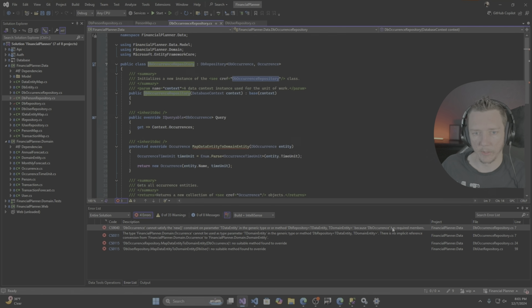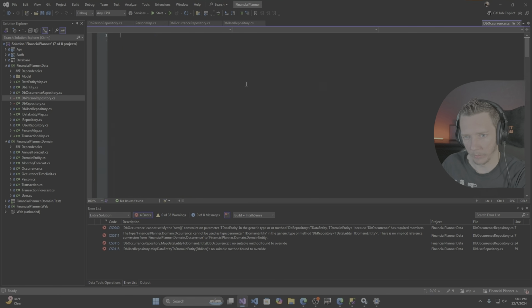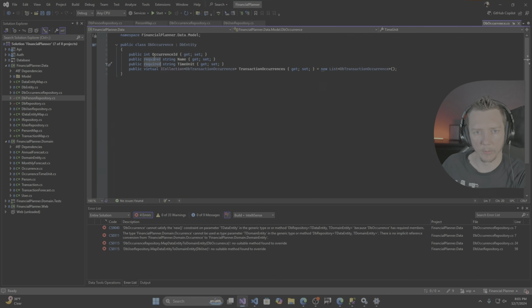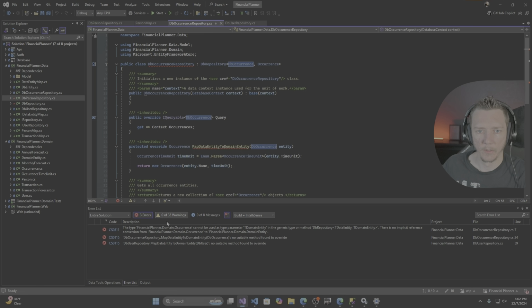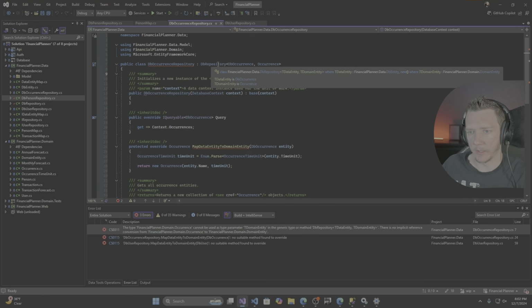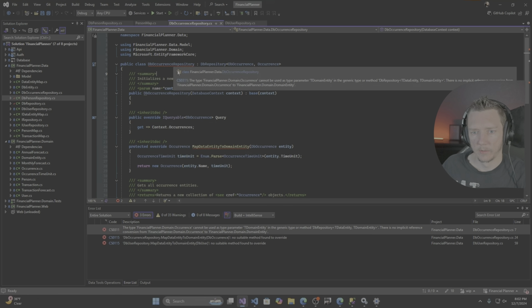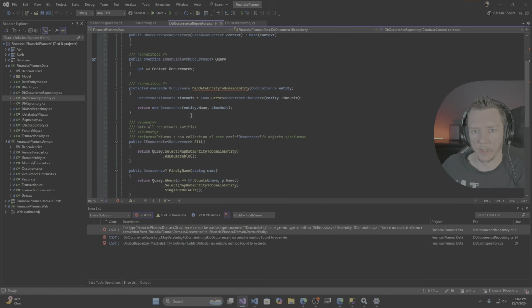Oh, DB current has required members. Sorry. Okay. Yeah, we're going to have to figure out the required piece. We're going to have to come back to that. Probably the same for implicit reference conversion from financial occurrence to domain entity. If we have that backwards, so T data entity, main entity. I'll fix the overrides now. So